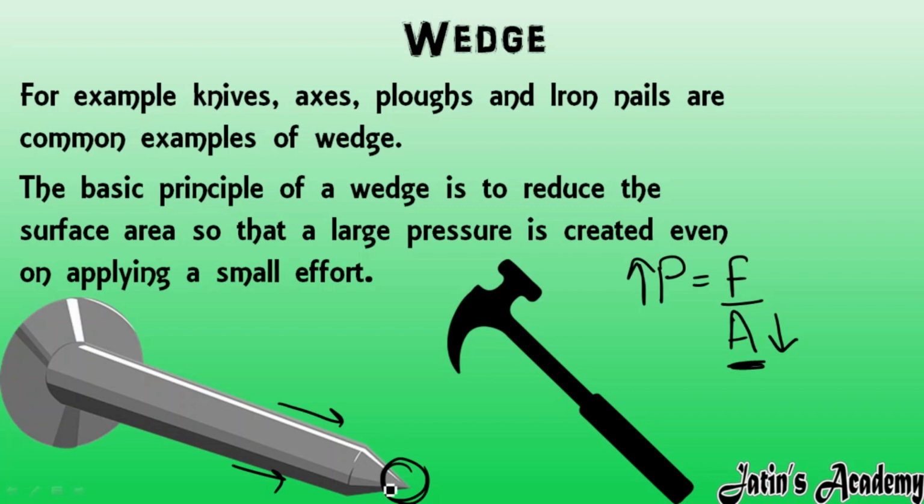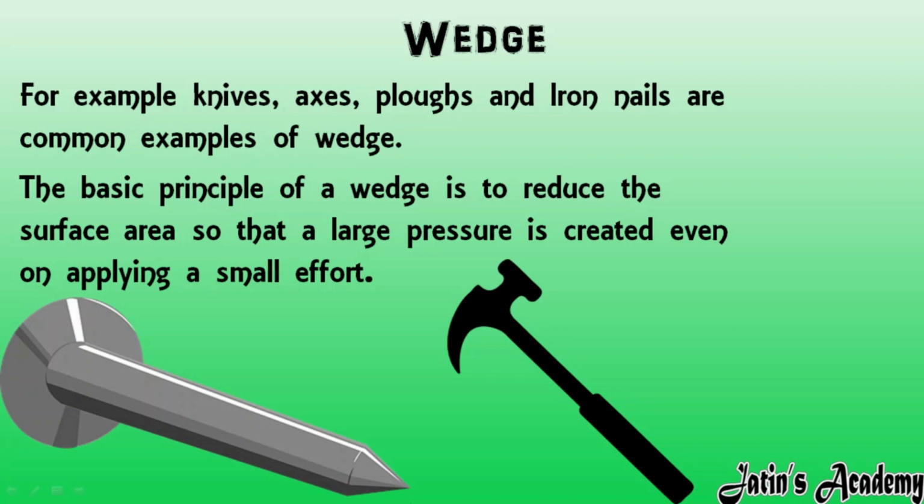Fine. So this is the basic criterion. Means if you want to cut this log, we use, for example, a knife or an axe. In an axe, actually we have a very reduced surface area. Reduced surface area means this axe will produce more and more pressure on a wood log, and it will cut the wood or split the wood log into two pieces. So the basic principle behind this is that we reduce the surface area of the wedge in order to increase the pressure on any object.